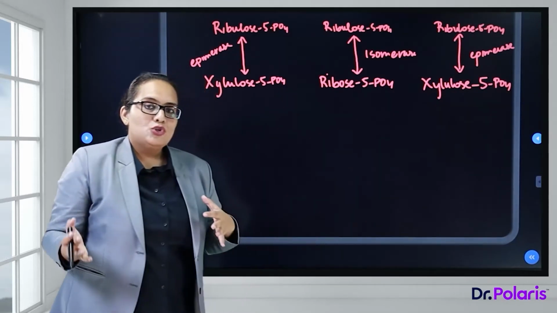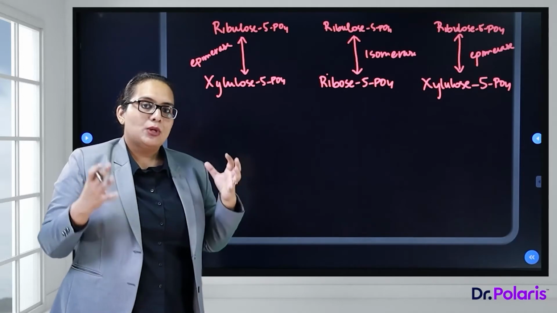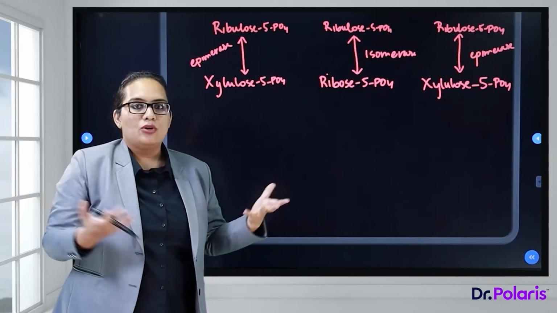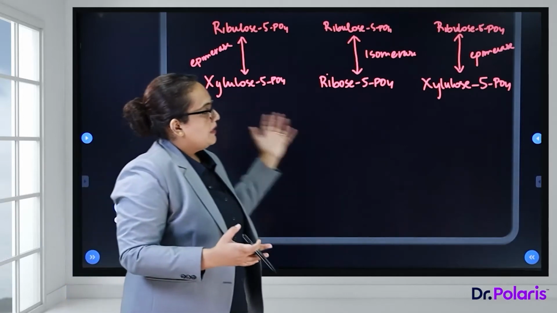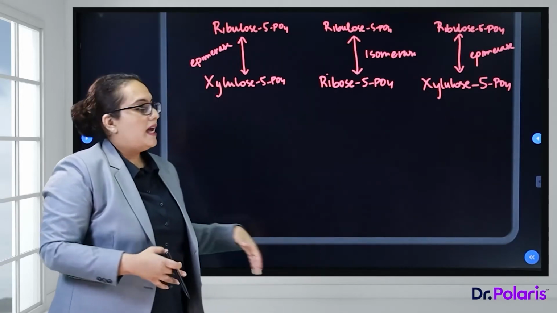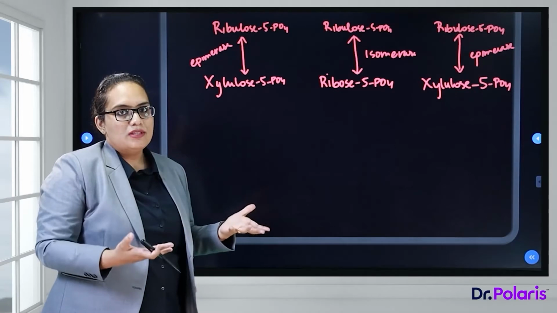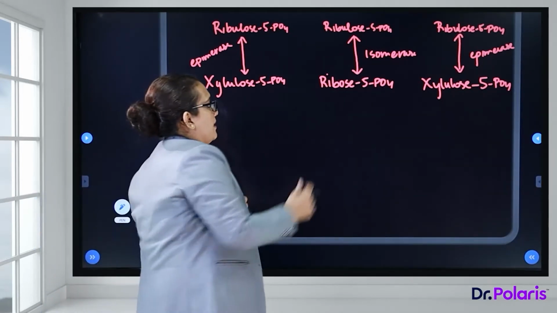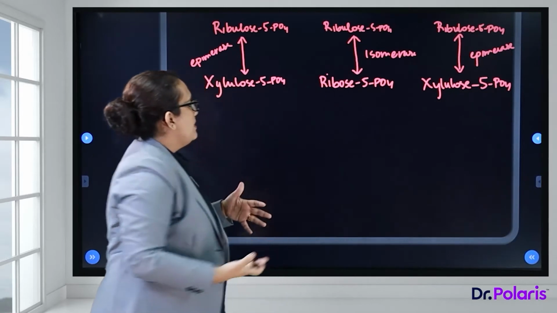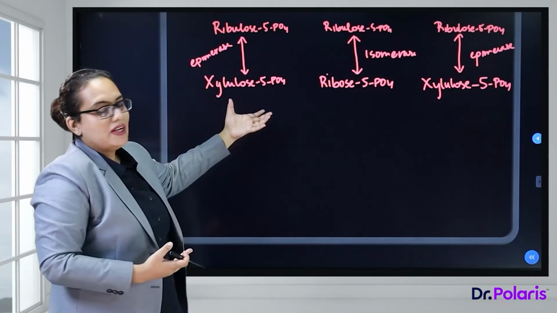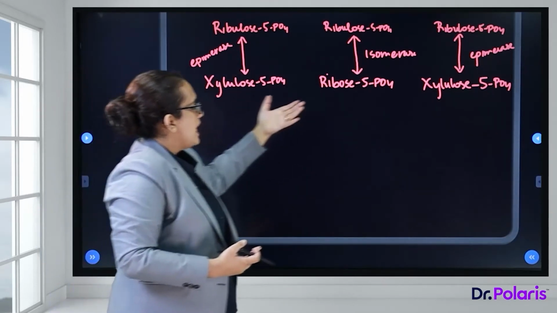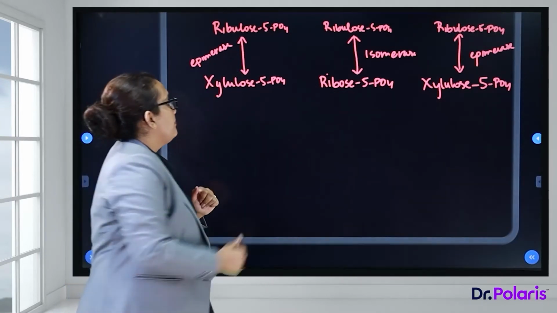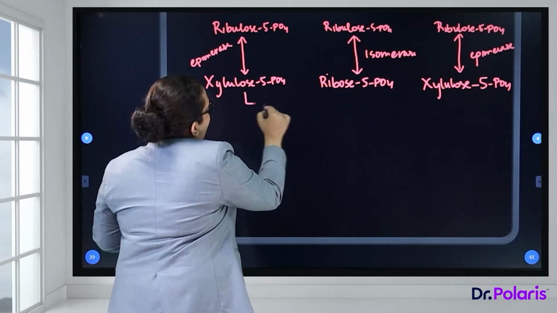And in the other tissues where the main aim is to generate only NADPH for the synthesis of fatty acid, cholesterol, etc., the pathway continues after that and leads to the generation of glucose 6-phosphate, which can be reutilized in the oxidative phase. So now we'll just have a look at what happens next. We have xylulose 5-phosphate, which is a ketopentose, and we have ribose 5-phosphate, which is an aldopentose. So both these two react together